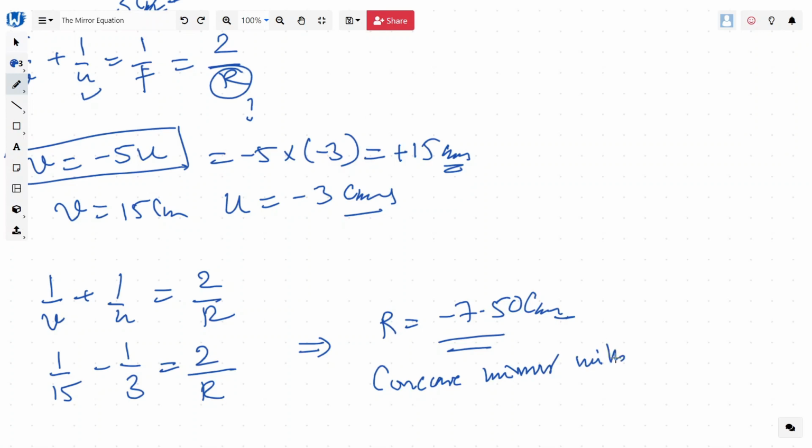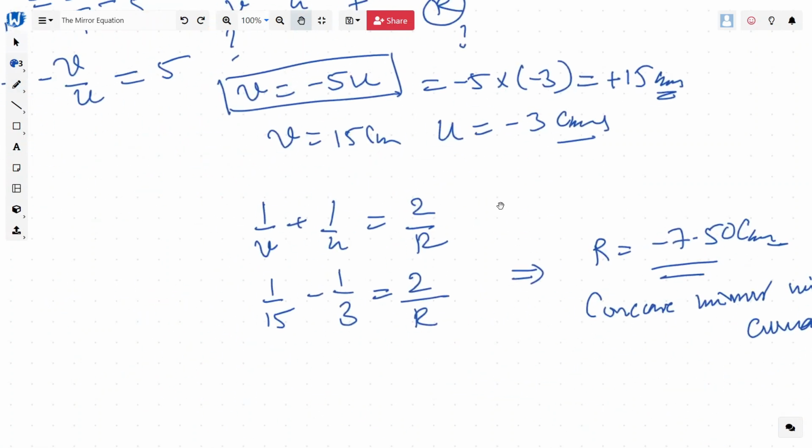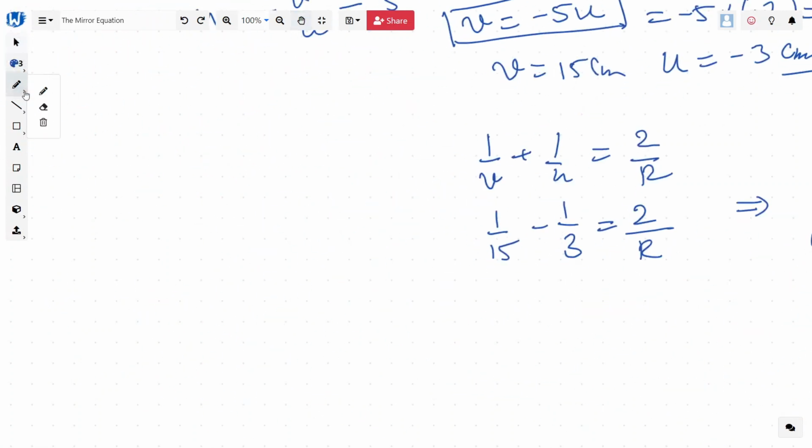with radius of curvature 7.5 centimeters. So with these two examples, we have shown that we have this formula, and once we know a